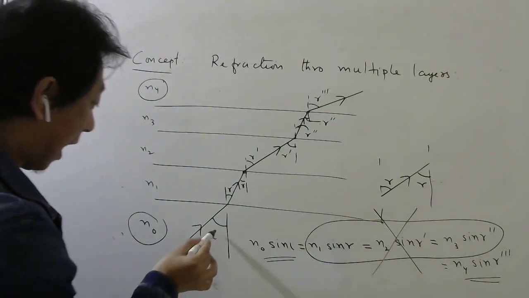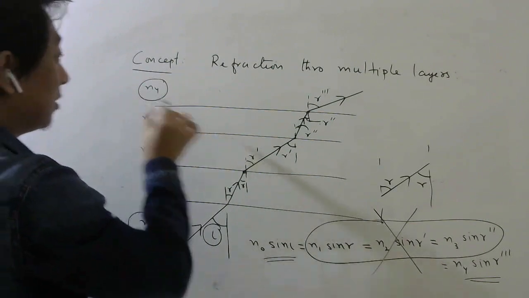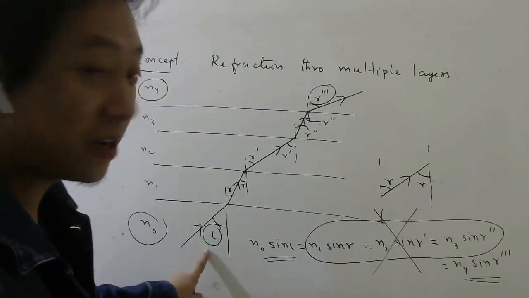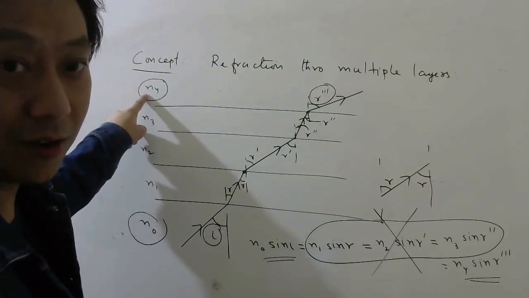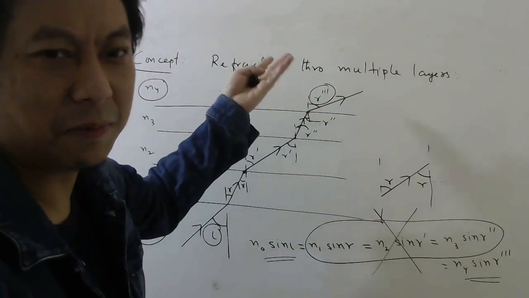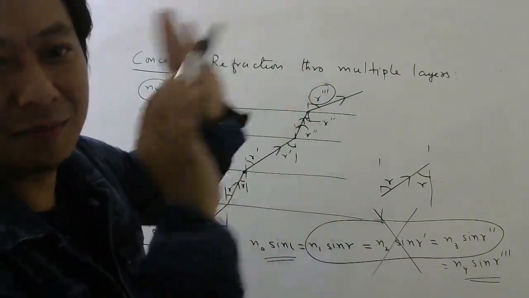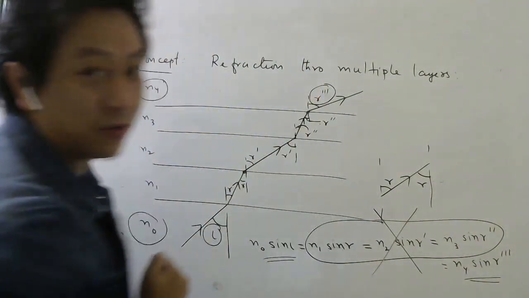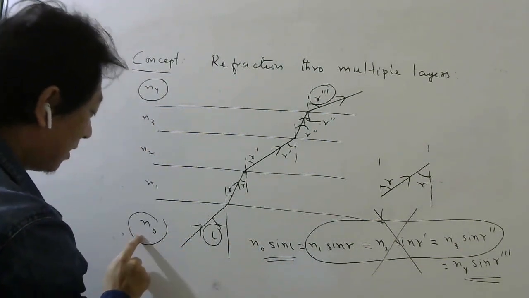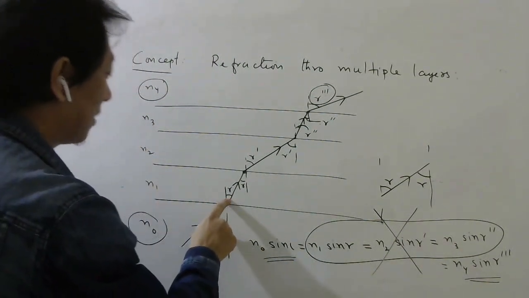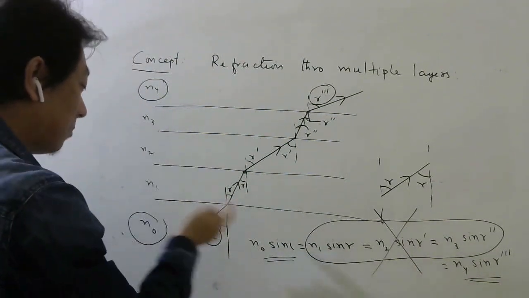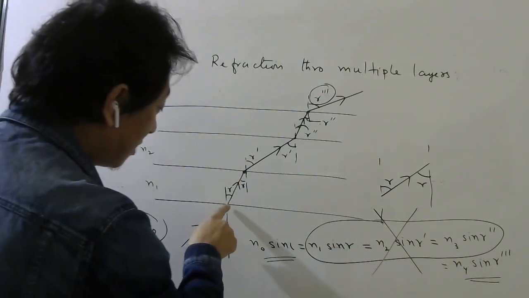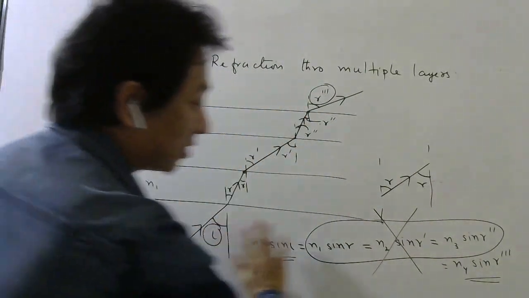The only thing is, here we have to use the angle of incidence, and for this medium we have to use the angle of refraction. Understood? So we can also write n naught sin i is equal to n4 sin r. Whatever r it may be, r triple dash, any number of dashes you put, I don't care. I just wrote symbols. Understood? So at every step, if you use Snell's law, you will find that this n sin i is equal to this n sin r. Then this n sin r, which will become this n sin i, will be equal to this n sin r. So if you apply Snell's law here, you will always find this relation.